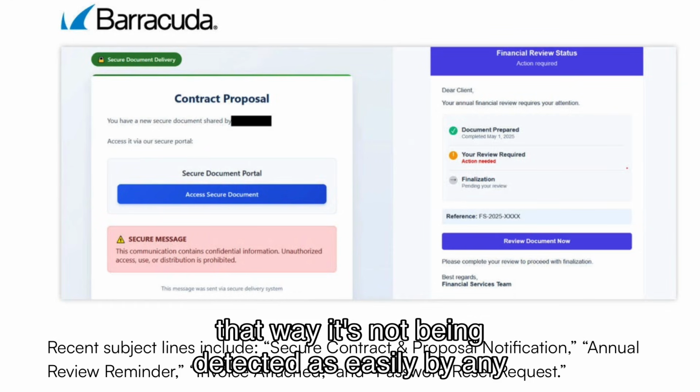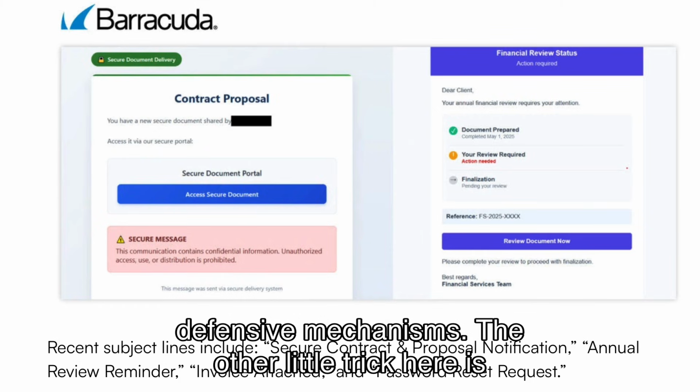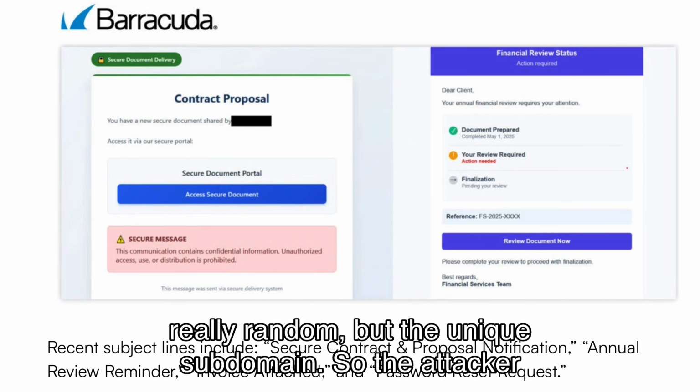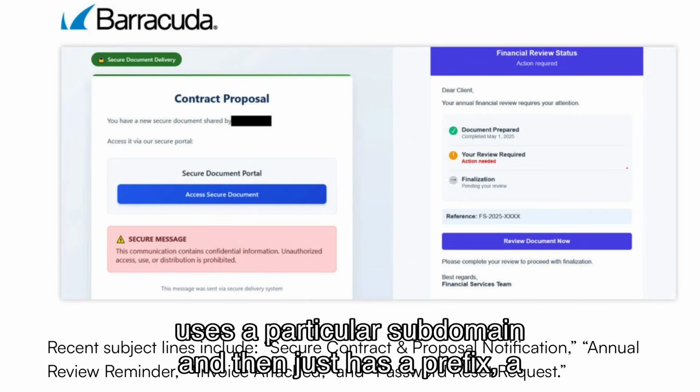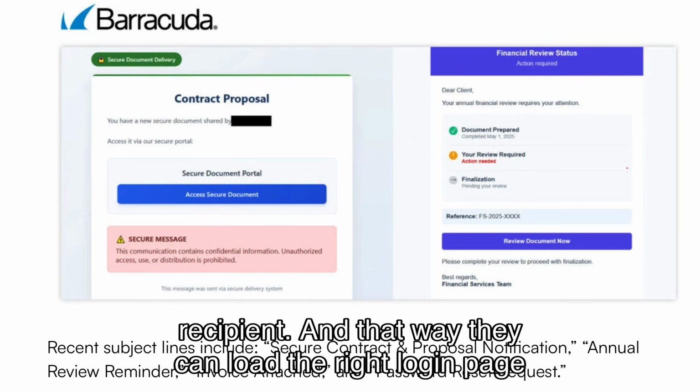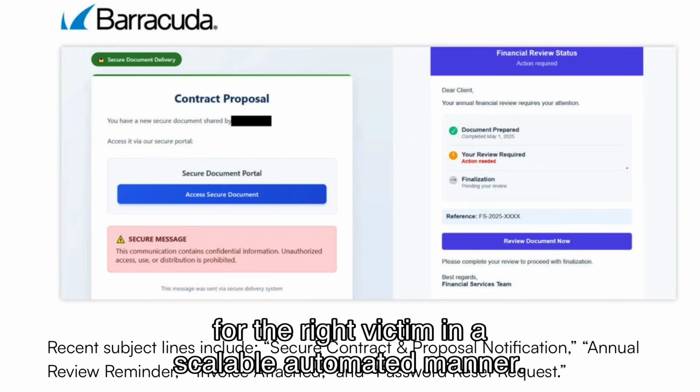So that way it's not being detected as easily by any defensive mechanisms. The other little trick here is that this iFrame loads the page from a unique subdomain. So the attacker uses a particular domain and then just has a prefix, a long random looking string, which basically encodes the recipient. And that way they can load the right login page for the right victim in a scalable, automated manner.